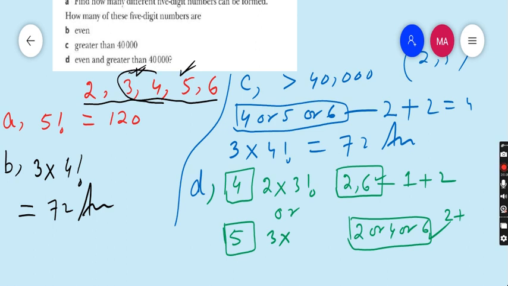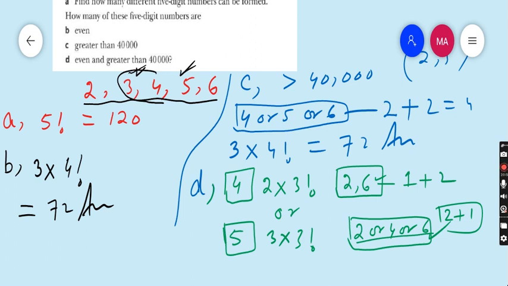5 is fixed, and 2 from here left, and 1 from here, that is 3. So 3 means one letter. 2 plus 1 is 3 factorial. I am repeating again. The second choice should be, because we have to make the number greater than 40,000 and